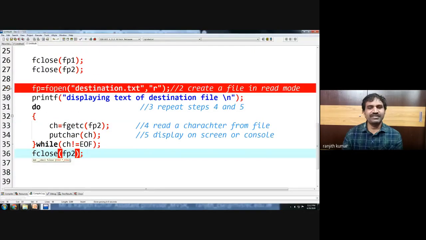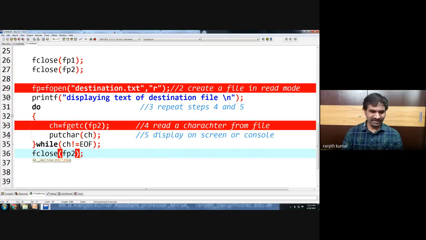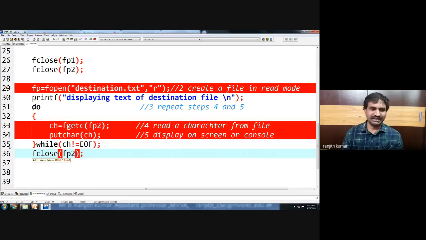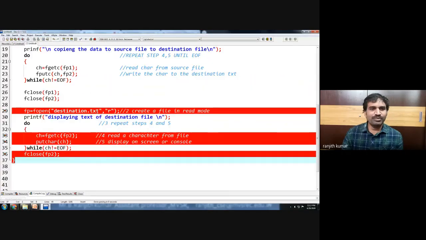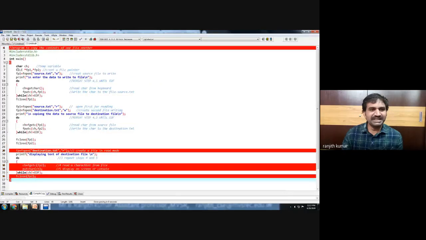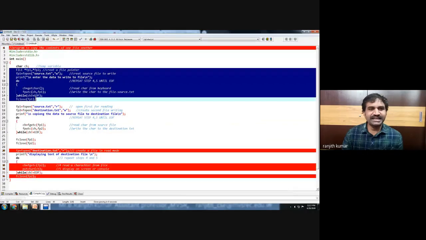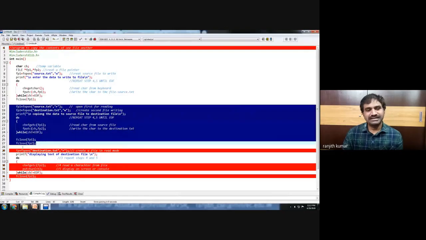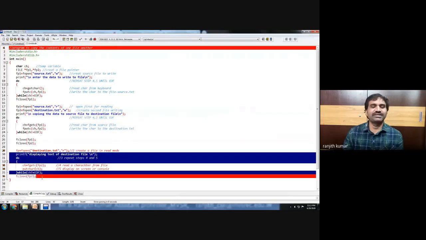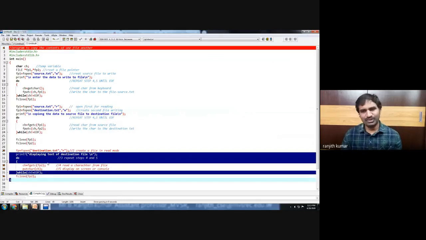So please observe here, we have opened the second file, which is copied. Okay. And we are reading the character from the file, displaying the character on the screen, and closing the file. Are we clear? So this finishes your activity. So in our whole program, we have completed basic tasks like first writing the contents, then copying the contents, then displaying the second file. You can also display the first file.